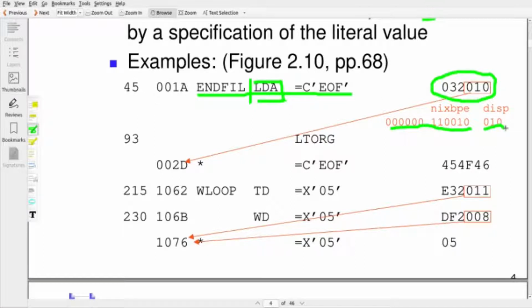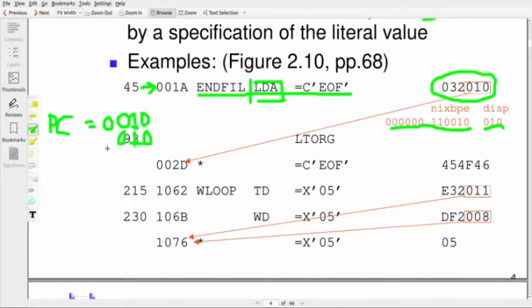How do you calculate the target address? It is program counter relative. Before fetching this instruction, the program counter contains 001A, the memory location that holds this instruction. After fetching, the program counter is incremented by 3, since it is a 3-byte instruction, so PC is 001D, the next memory location. The displacement is 010, so we add 0010.